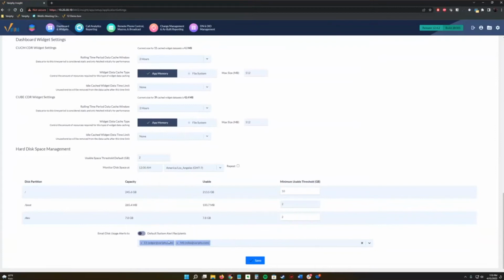So these guys are going to get an email saying, hey, our disk drive just got below 10 gig. We should probably look at maybe clearing up some space, adding some disk space to the drive, or even lowering your retention policy on the database so we can clear some of that data as well.